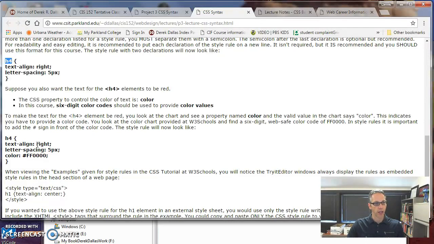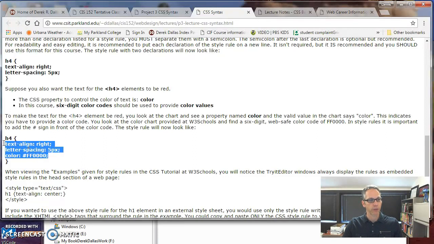H4 text aligned to the right, letter spacing of 5 pixels, and a color of FF0000. And that's a hexadecimal value. We'll talk about it in a second. These are web safe colors, and so if we were to take these attributes, first thing I want to do is let's just see if we can change the color, because the color is the simple